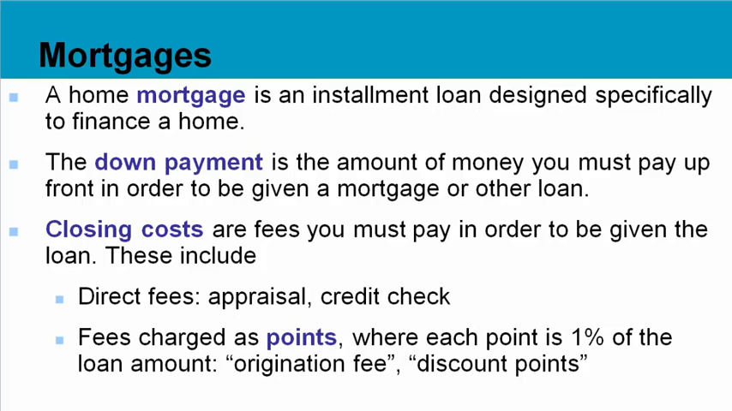Sometimes they have fees that are charged as points. They'll talk about, you get an interest rate with 1 point, and 1 point means you're paying 1% of the loan value in fees up front as an origination fee or a discount point, and that 1% is just being rolled into how much you owe. Now, if you're going to be in your house for a really long time, it might be a good idea because